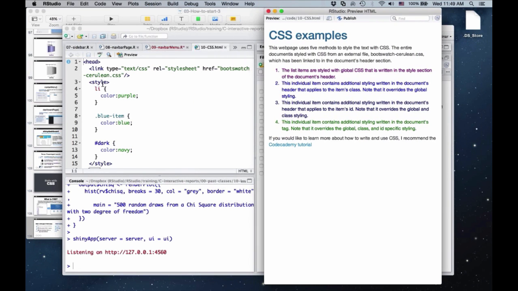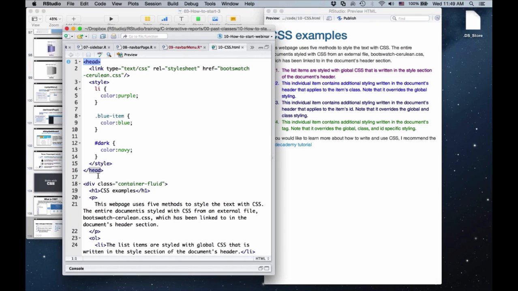If we look at the code that makes this, you'll see the web page starts with a header section. So between these two tags that say head, it's a header section. And the first thing in the header section is a link, or a tag that says link, that links to a CSS text file. It's a style sheet. And the name of the file is bootswatch cerulean.css. So this is a CSS theme that's free online from the Bootswatch project. Its name is Cerulean. I downloaded a copy of this to my computer,